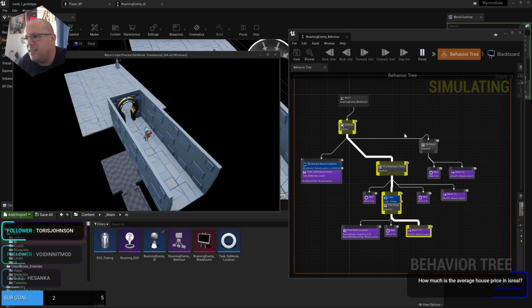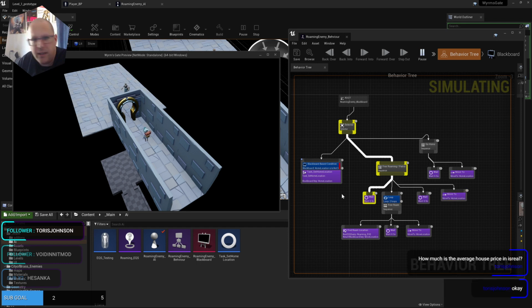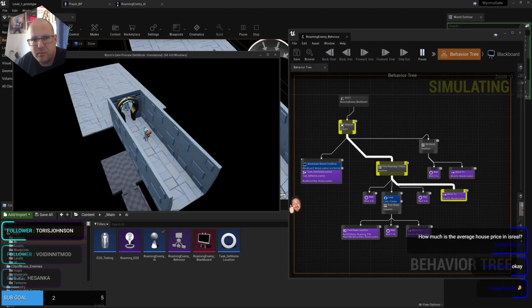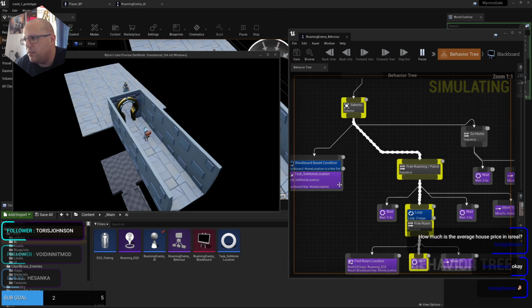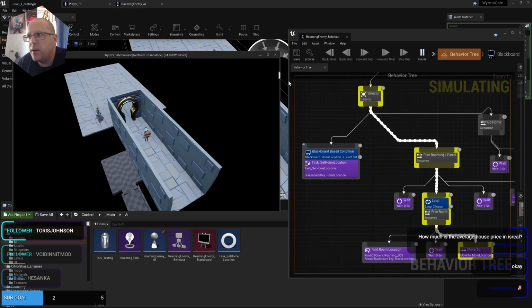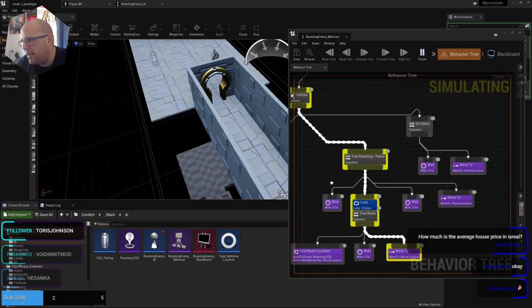As you can see, the first thing that it did, and it doesn't do it again, is set its own home location. So that's the home location, that's where it starts. And it only happens once because there is a condition here that prevents it from doing it again. That's going to be annoying. And then